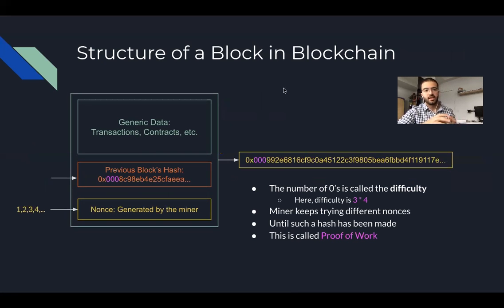And here's a structure of a block in blockchain. So you basically have all the data that you want to store. And then you have the previous block's hash. And then you have some nonce value, this is basically the value that gets generated by your miner. The trick here is to take all of this and compute its hash. And then if that hash has a whole bunch of leading zeros, that means that you have a valid block. So to find some nonce value that can generate such a hash value is really hard.